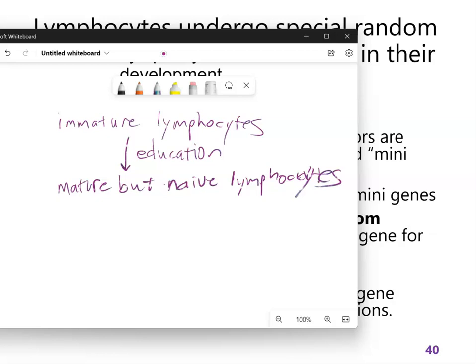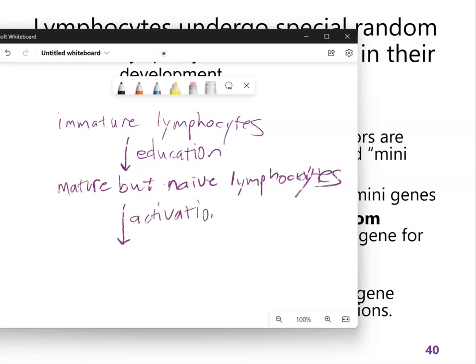This education we'll talk about in a lot more detail. It is a selection process, and 95% of immature lymphocytes die. So the 5% that survive are mature but naive lymphocytes. They wait. They hang out and wait. Mature but naive lymphocytes wait to see if they will go through